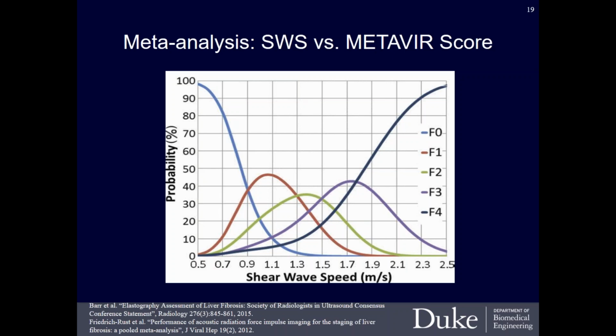And of course, ideally we would have nice discrete curves associated with each fibrosis stage such that speed could clearly and uniquely delineate each different pathologic state very clearly, but what you can see from the meta-analysis is that there's actually a decent amount of overlap between how speed correlates with fibrosis stage. And that's especially true at some of the intermediate stages, specifically the F2, F3, which is where we also clinically might be most interested in making different treatment decisions. So the hope here is to come up with some ways that we can, from a systematic standpoint, tighten up these distributions.